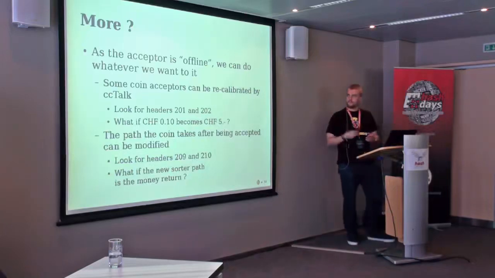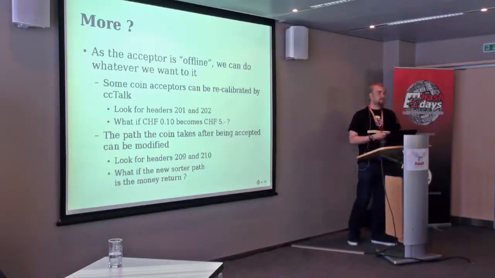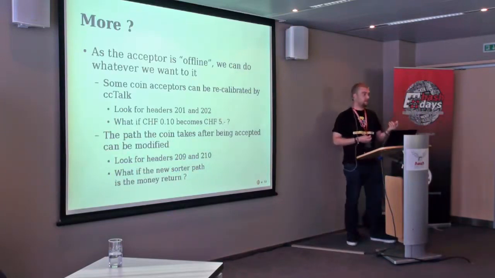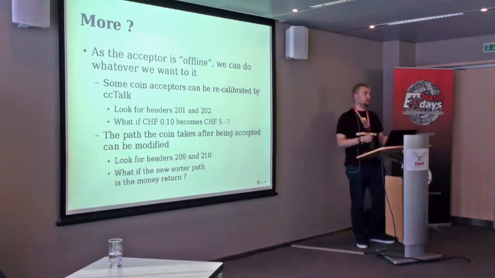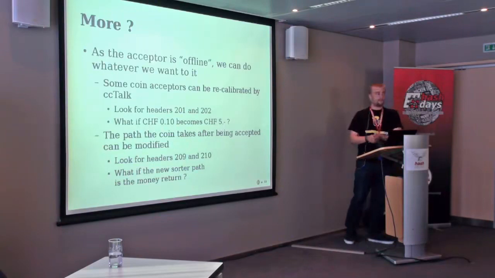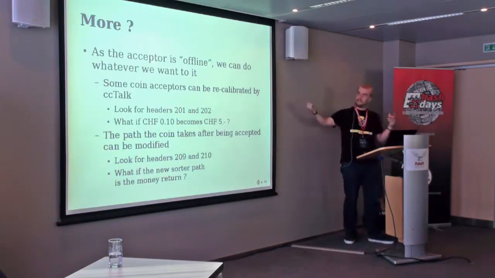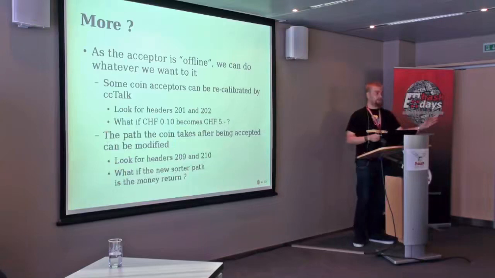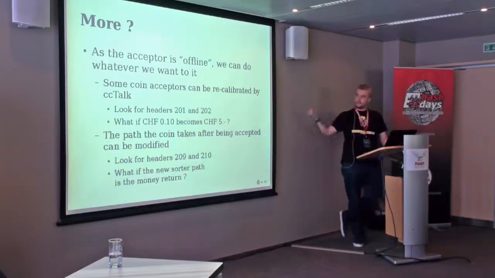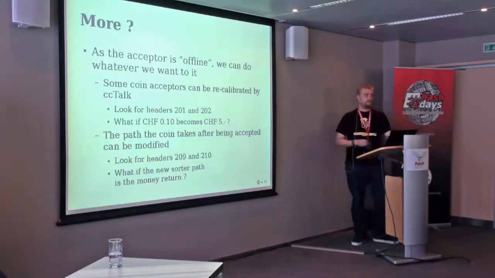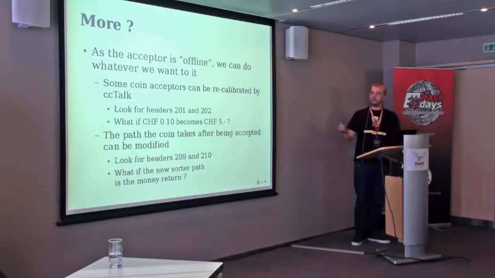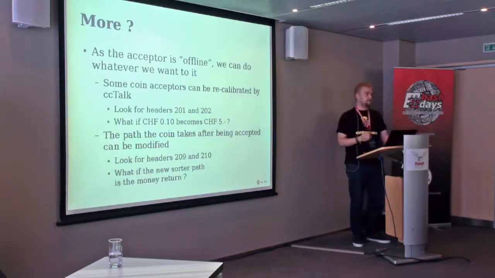For example, since the main board only knows the channel ID of a coin, it has to have a corresponding table between the channel ID and the actual value of the money. So this table is in the coin acceptor and in the main board. So, for example, if 5 Swiss francs, the big coin, is in channel ID number 5, and you reprogram channel ID number 5 with 10 cents coins